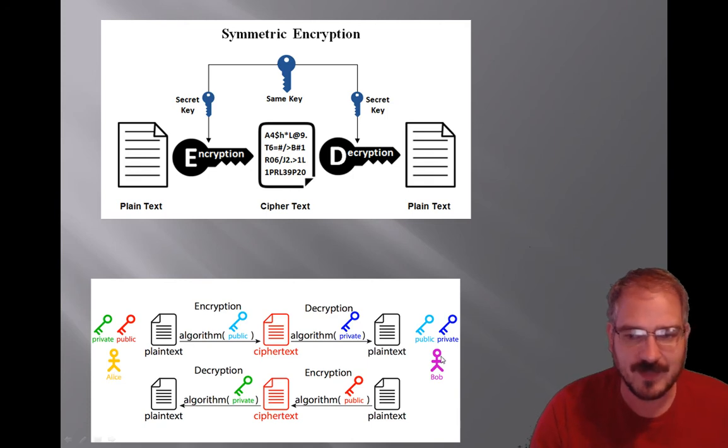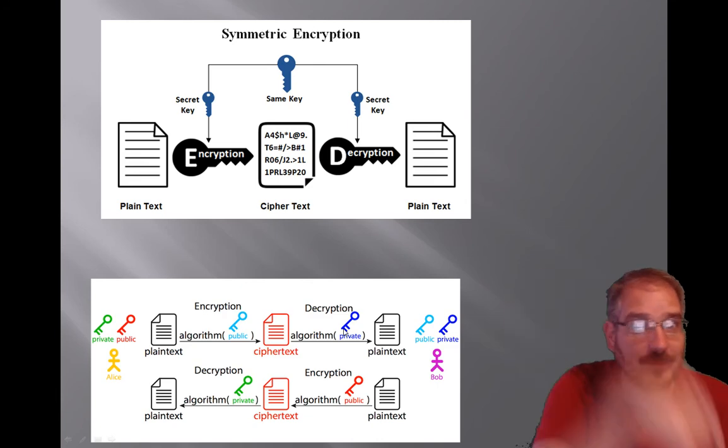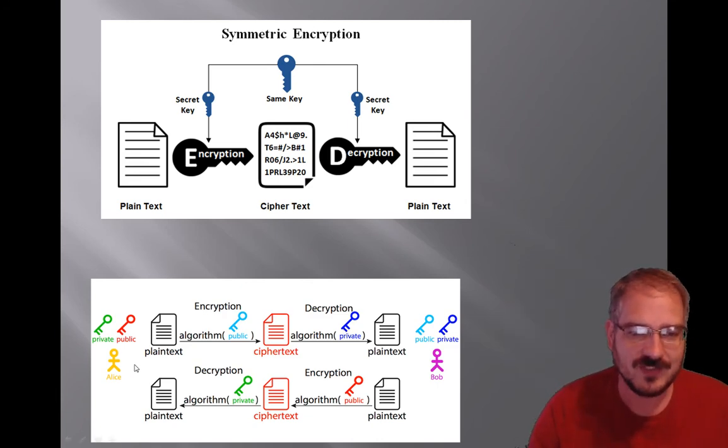So Alice wants to send a message to Bob. So she encrypts her plain text with Bob's public key. Then she sends it to Bob, who decrypts it with his private key. Because remember, if you encrypt using one, you have to decrypt using the other. So Alice used his public key to encrypt it, which, obviously she knows Bob's public key because that's advertised. And Bob uses his private key to decrypt it. Now Alice has communicated with Bob without knowing Bob's private key, without knowing the same key. It didn't have the same key problem.